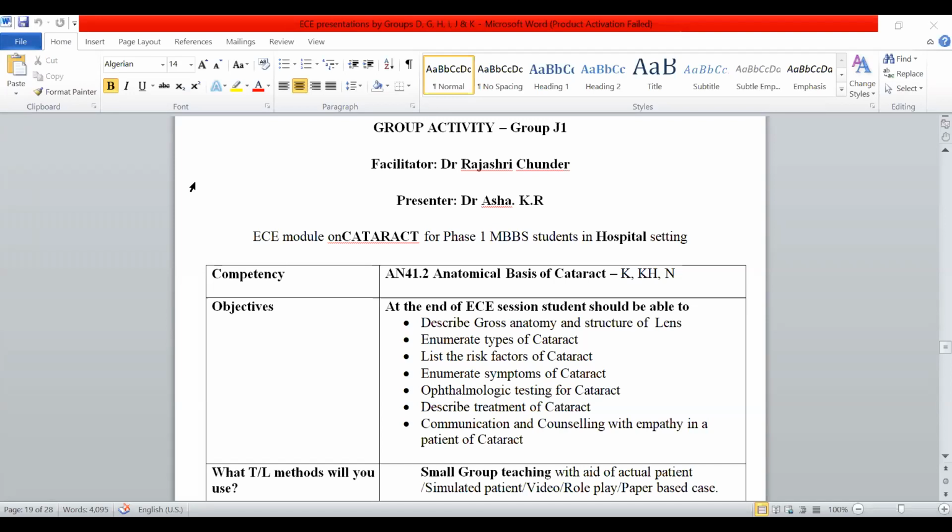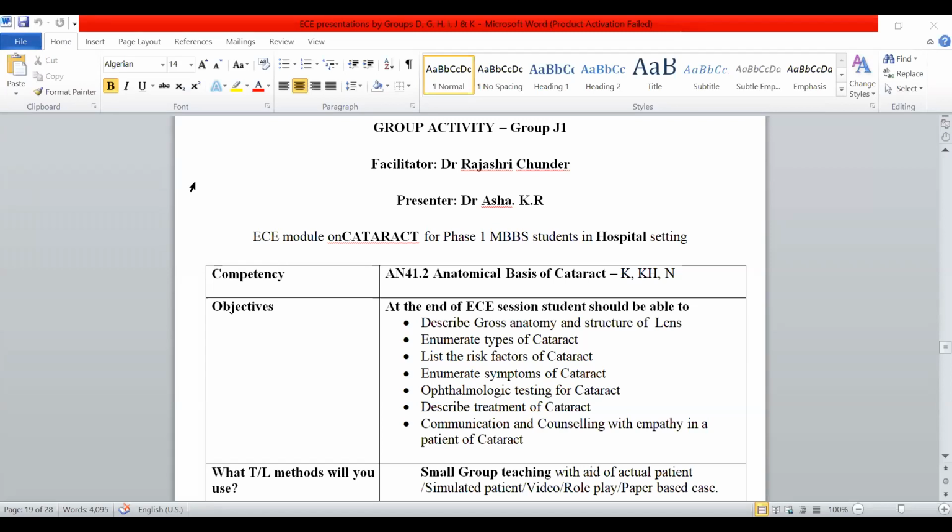So considering this ECE module in the department of anatomy, the competency given is AN 41.2, that is anatomical basis of cataract. It is a knowledge domain at KH level of Miller's pyramid, and it's a non-core competency. So the objectives here are, at the end of the ECE session, the student should be able to